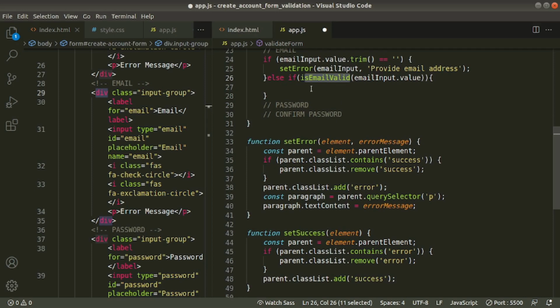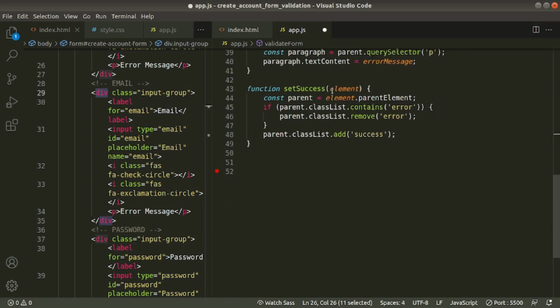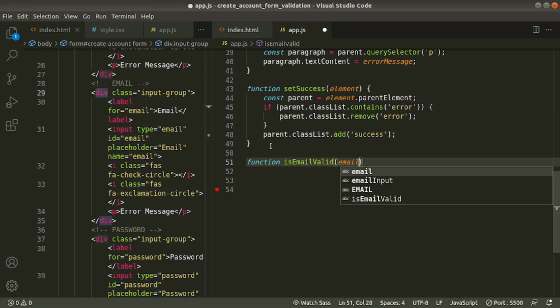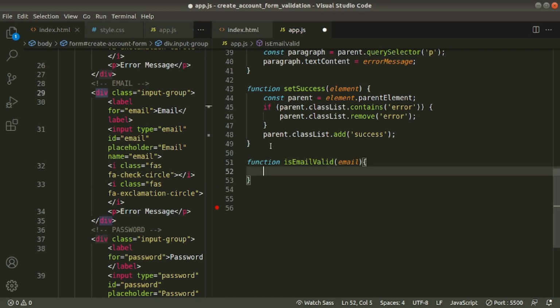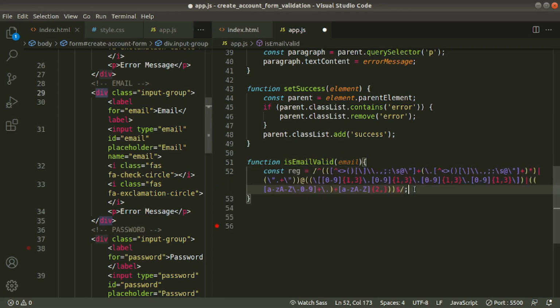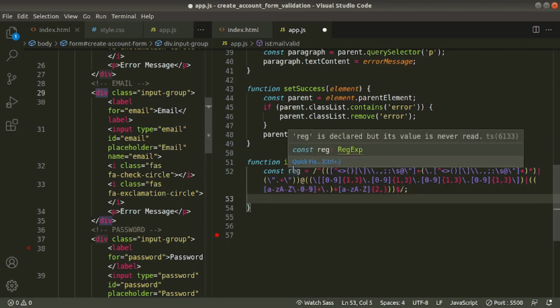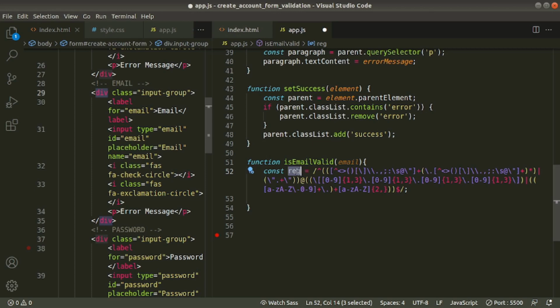Okay, now we'll write this function here. Now you see I copied this regular expression from the internet.